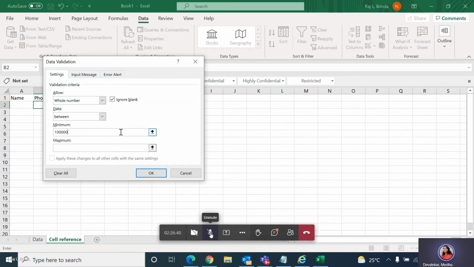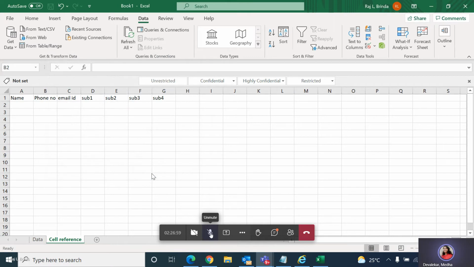Then only it will be 10 digits, right? And then the maximum will be 10 times 9. Yeah, and once you click on OK, it will take the numbers which are between that whole range.